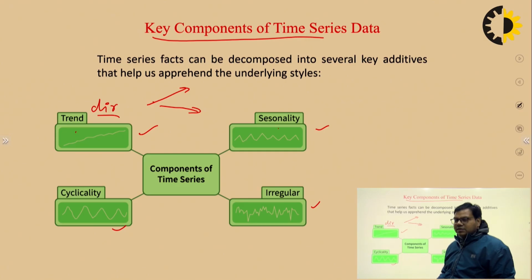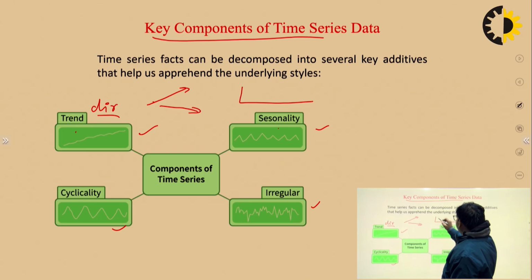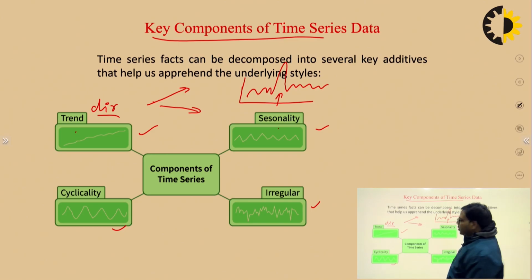Seasonality tells us about some fixed durational spikes in the whole data. Suppose on average we have this kind of chart, but at a particular moment it is spiking like this. So this tells me the seasonality. This is the on season and these are the off seasons, right? This kind of analysis or pattern identification tells us the seasonality.